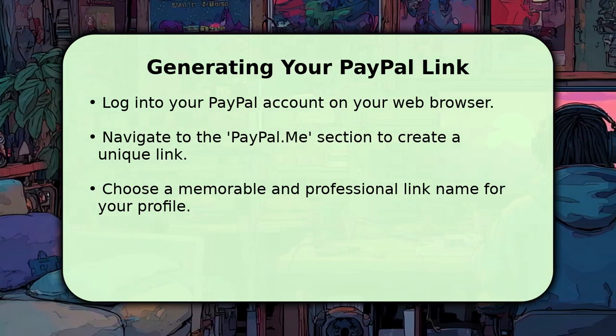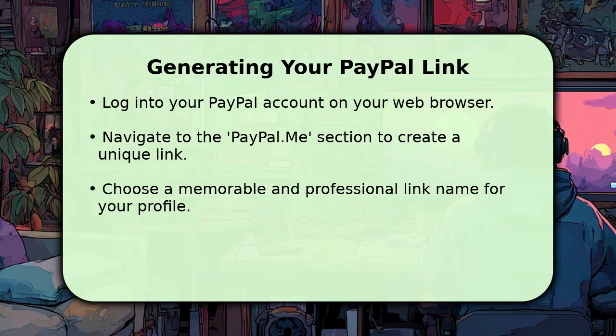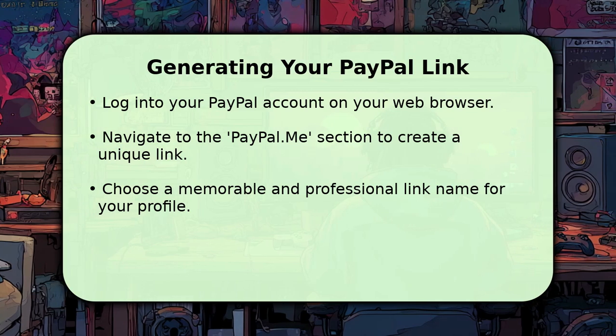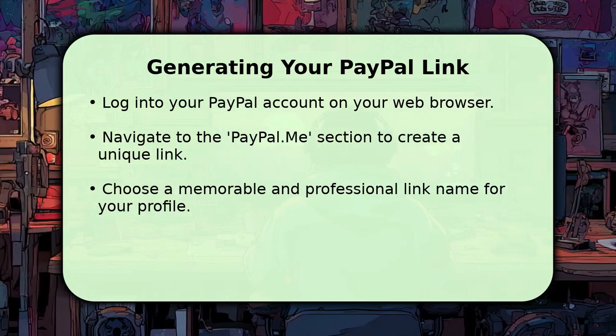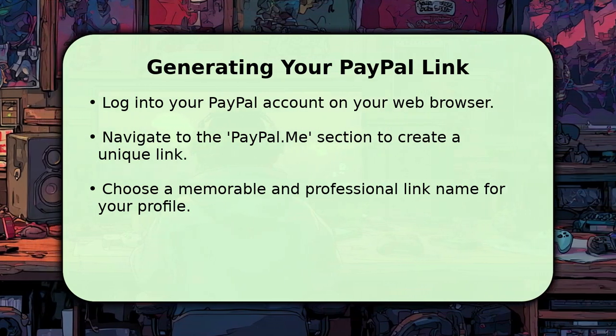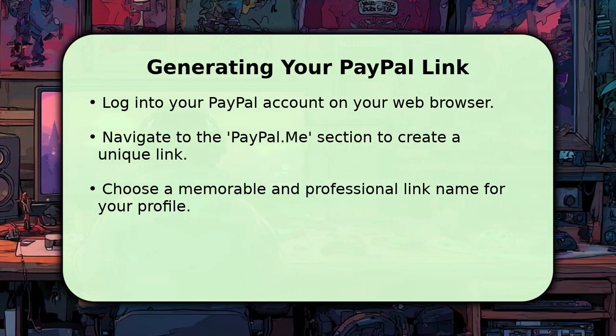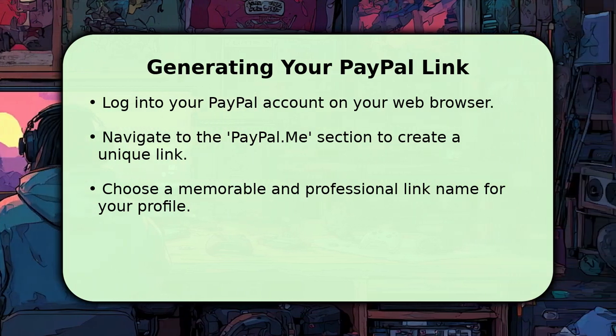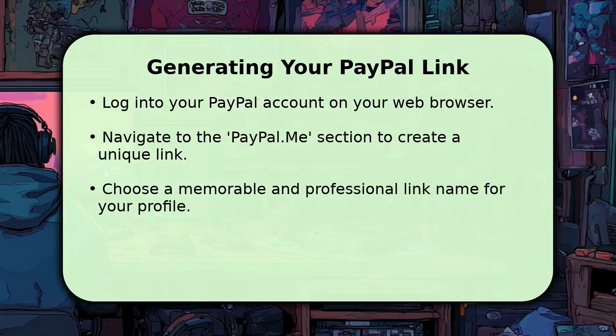Log into your PayPal account through a web browser, not the app, for full functionality. Find the PayPal Me option, usually under Send and Request or Settings, and click to create your link. Choose a simple, professional name that's easy for your viewers to remember, perhaps your Twitch handle. You can also personalize your PayPal Me page with a profile picture and a brief description, making it more inviting